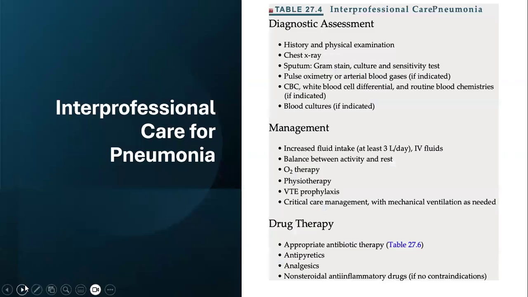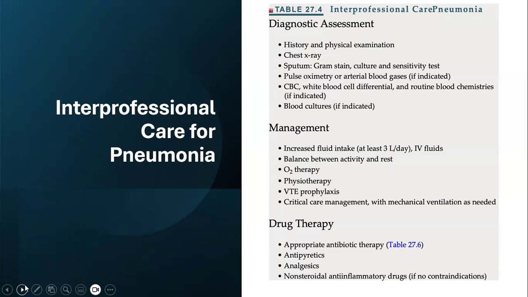Next, the interprofessional care for pneumonia. This kind of care is given by all the healthcare providers, especially doctors. This is the guideline for treating patients with pneumonia, and it is really important for a nurse to understand the medical pathway for taking care of patients with pneumonia, because you work together with other healthcare providers,